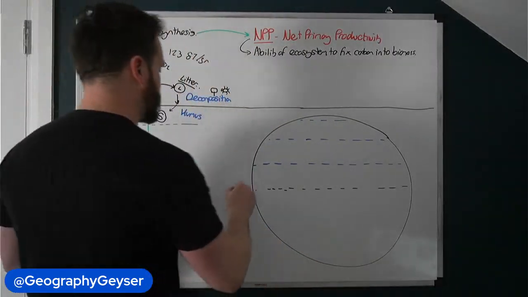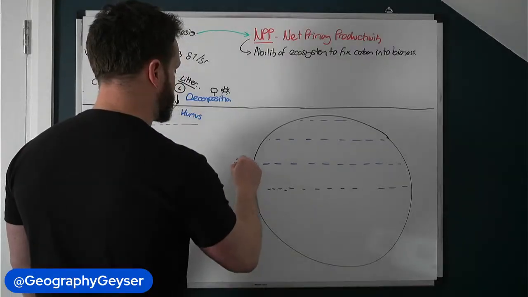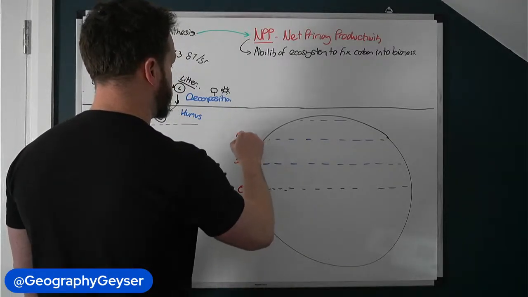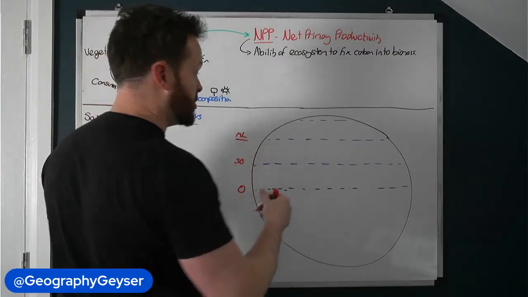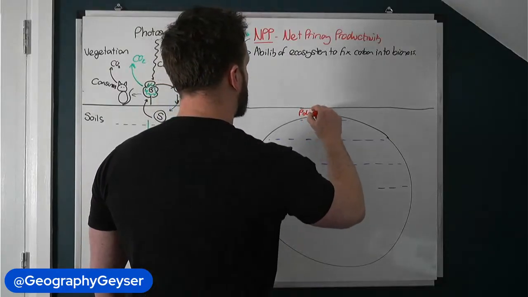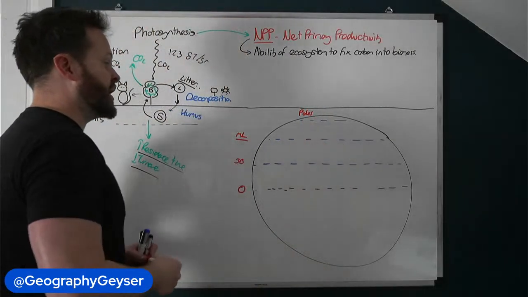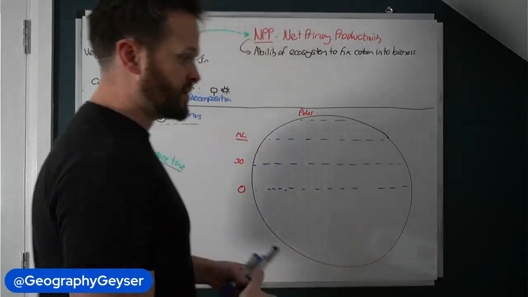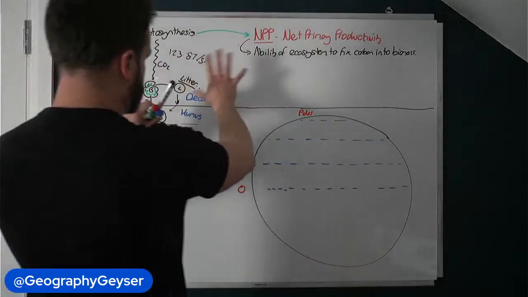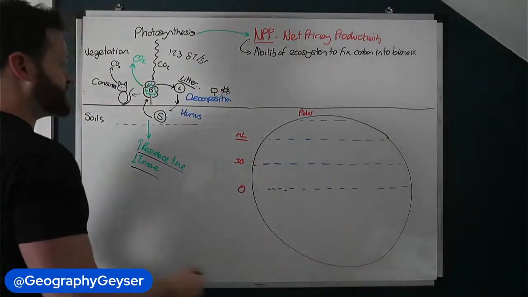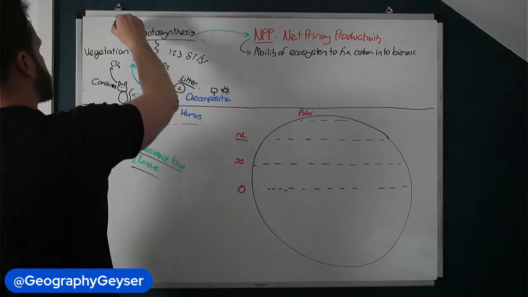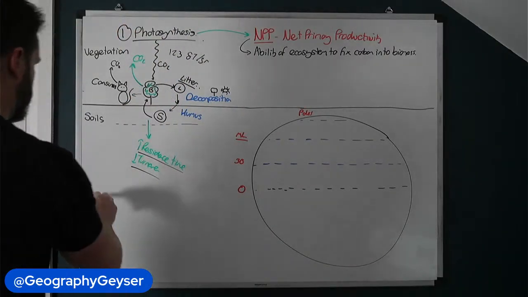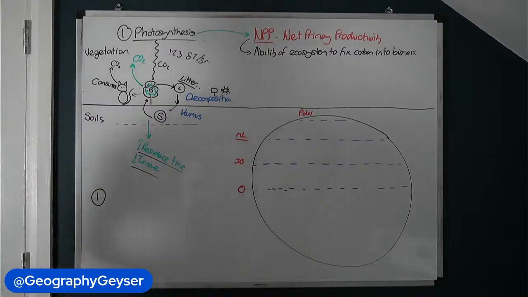So latitudes we'll look at 0 degrees latitude, we'll look at 30 degrees latitude, we'll look at the mid-lats, which is where we are in the UK, and we'll look at the poles as well, and then we'll look at some more specific ecosystems as well that we can think about rates of these different things varying. So if we look at photosynthesis first, and I'll put number 1 here, and we think about what conditions are needed for photosynthesis to take place.